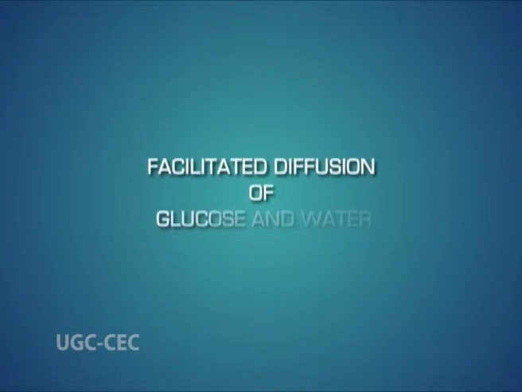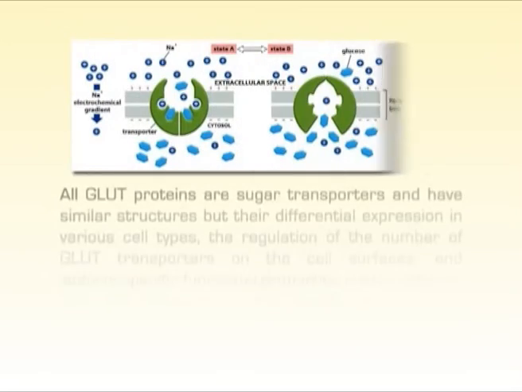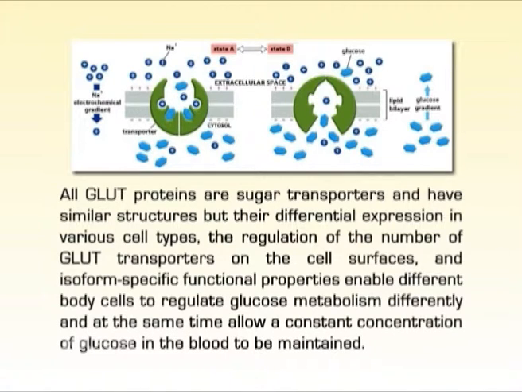Let's look at the example of facilitated diffusion of glucose and water. The human genome encodes at least 14 highly homologous GLUT proteins, and we call them GLUT1, GLUT2, and so on till GLUT14. All GLUT proteins are sugar transporters and have similar structures, but their differential expression in various cell types, the regulation of the number of GLUT transporters on the cell surfaces, and isoform-specific functional properties enable different body cells to regulate glucose metabolism differently and at the same time allow a constant concentration of glucose in the blood to